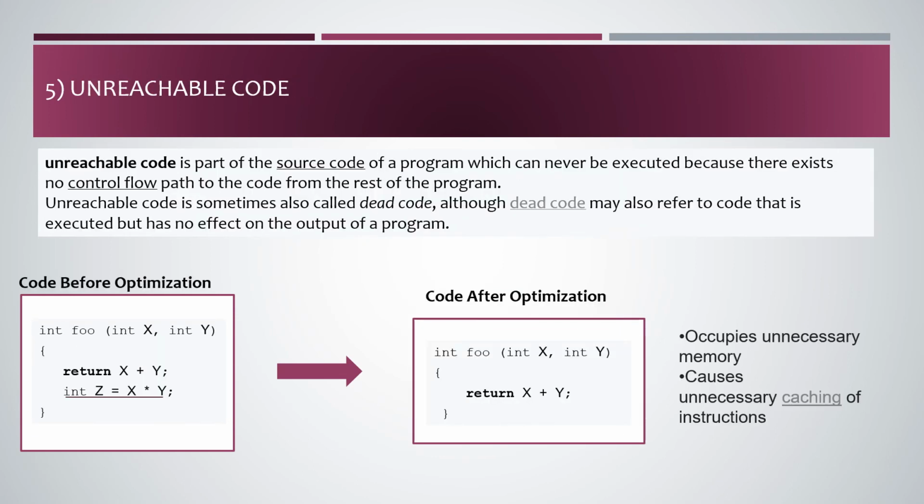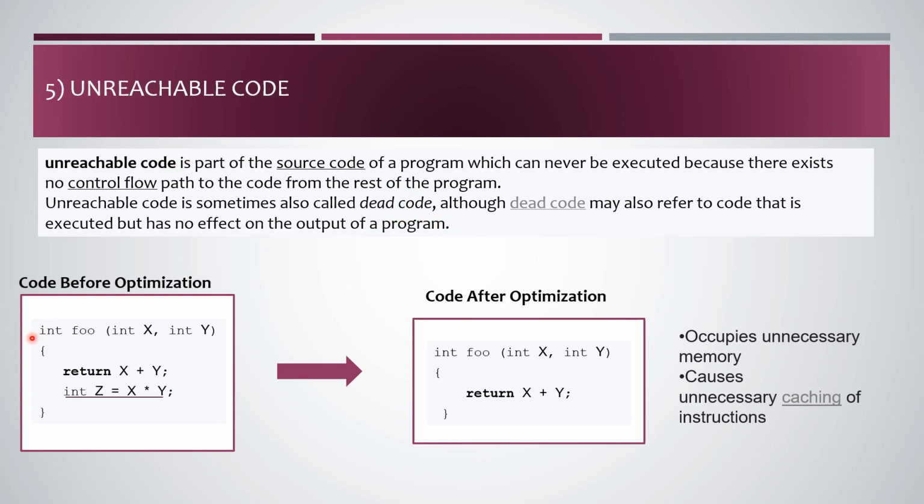unreachable code elimination. What is this unreachable code? It is a part of the source code that will never be executed at all. So consider this example. There is a procedure called foo with two arguments. The very first statement of this procedure is return. So the statement next to it will never be executed. So this is called the unreachable code. So this peephole has to be optimized by removing this particular statement. Sometimes this unreachable code is also called dead code.